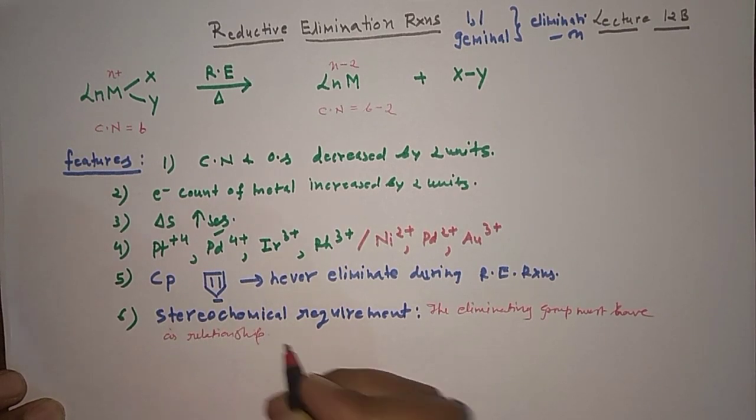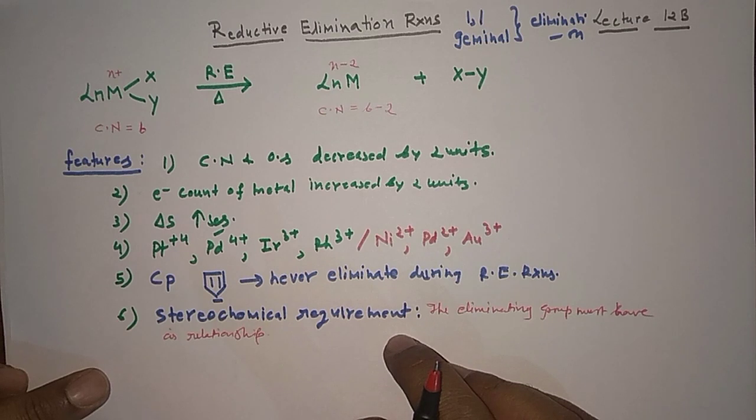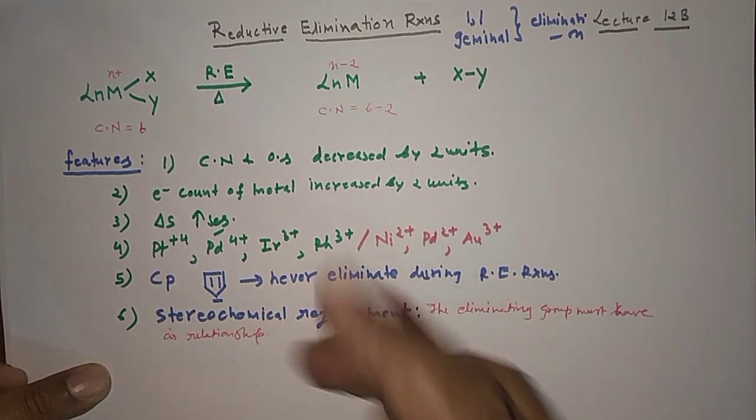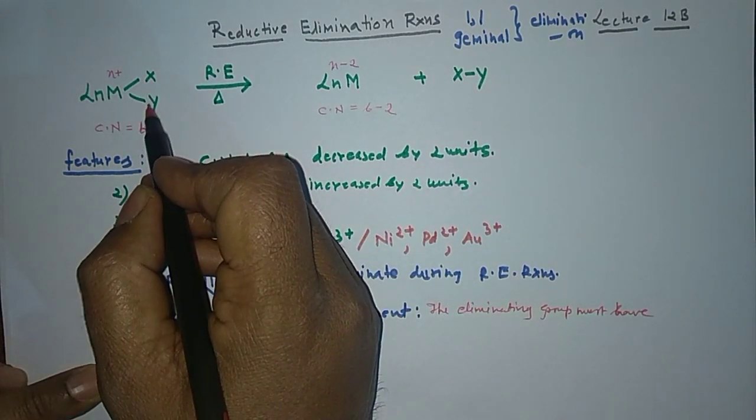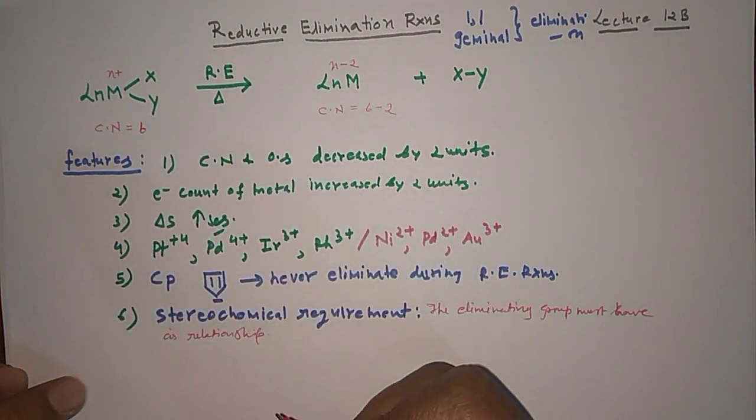Okay, and why is the cis relationship important to remove these two ligands? Because actually in the intermediate state they have to interact with each other, and they can only interact if they have the 90-degree relationship. When they have the 180-degree relationship, as it is there in the trans stereochemistry, right? So in that case, these two groups will not actually interact, and when they will not interact, they will not eliminate from there. So they must have the cis relationship. This is something very, very important which you have to keep in mind.